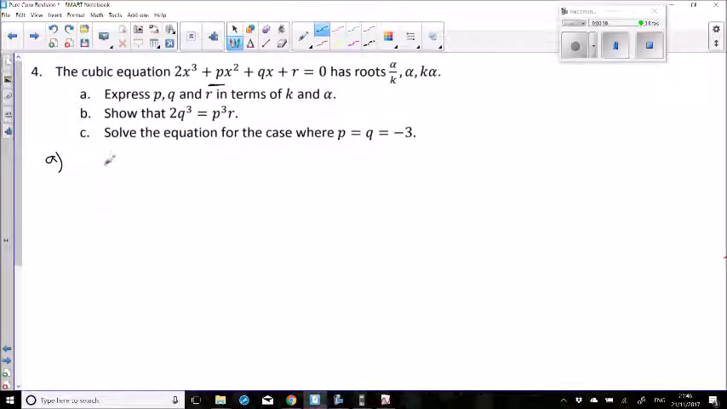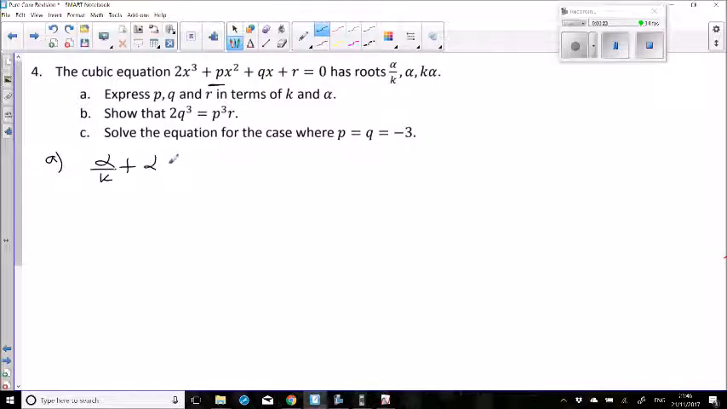Right, this is now a roots of polynomials question, but involving a bit more algebra. So p is the coefficient of x squared. Now, we know that the sum of the roots,